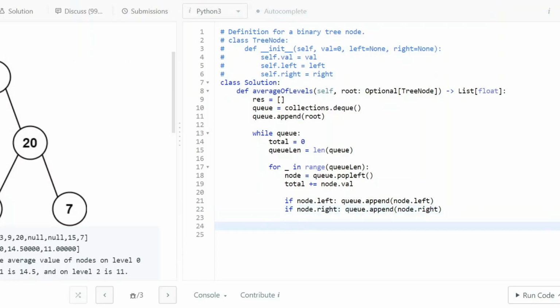And at the end of this iteration, we want to find the average, which is going to be total divided by the length. This is going to have summed up all of the totals here, so we would have a figure and it will not be 0, and we want to append it to our res variable. And at the end of all of this loop, we want to return our res variable. So let's run this,